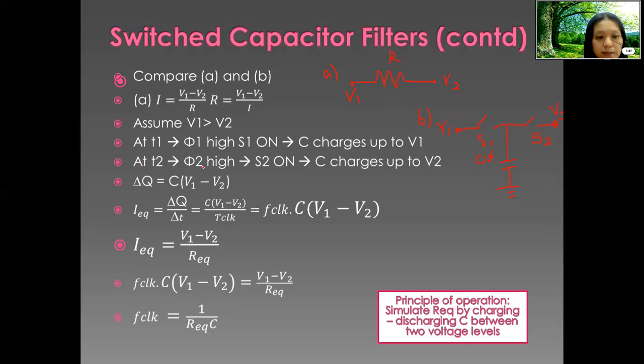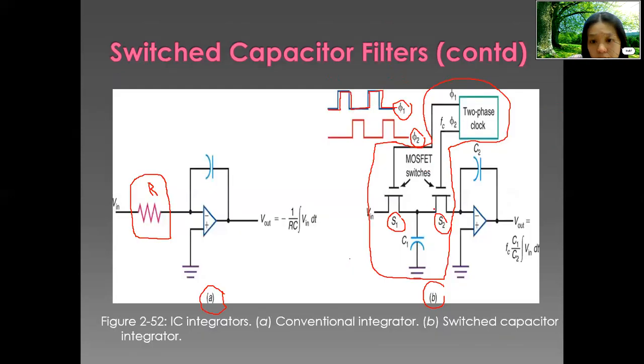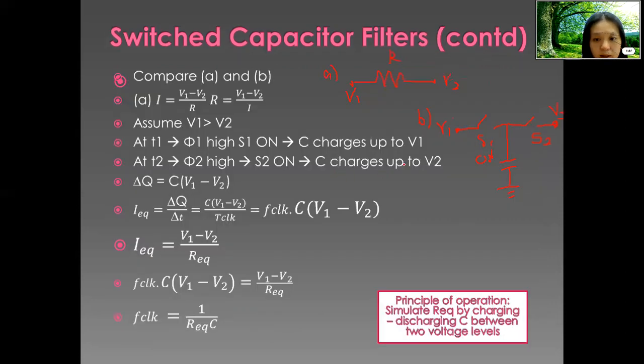At T2, our phase 2 is high, so our S2 is on. C will charge up to V2. And we see here, when our S2 is on, phase 2 is high. It will charge the C2 up to V2. And the change of the electric charge Q is equal to our capacitor C times V1 minus V2,